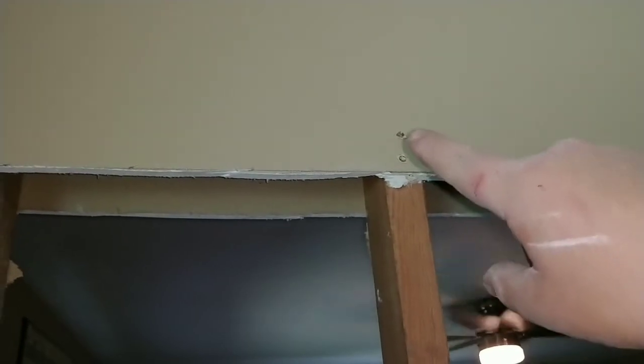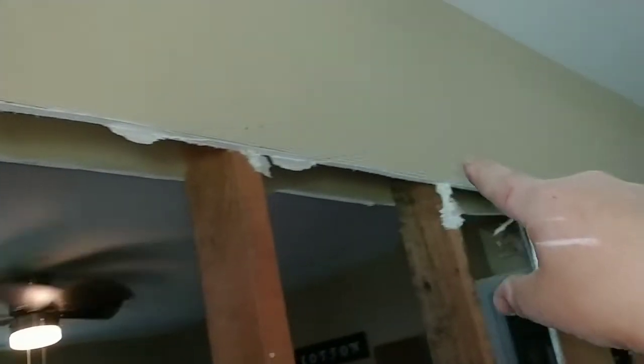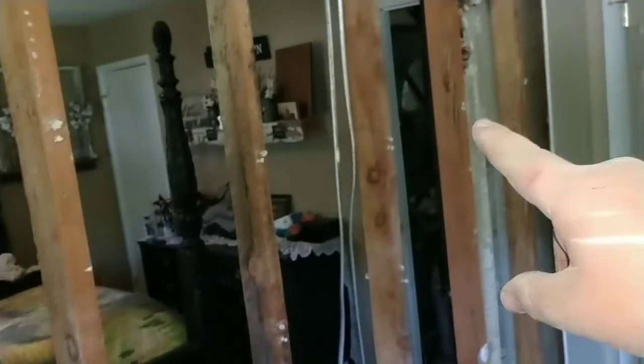Okay, what I did here on both sides of the wall is I reused some of the nails that they had holding the sheetrock on here, and I pulled some of them out and used them to nail up here going down the wall, because some of these were kind of wiggling. It didn't seem like there's anything nailed through there, because I'm going to square these off, cut this off going through here, and then we can start demoing these